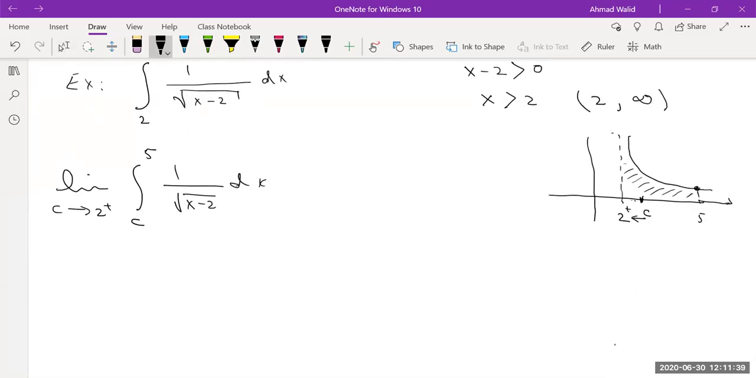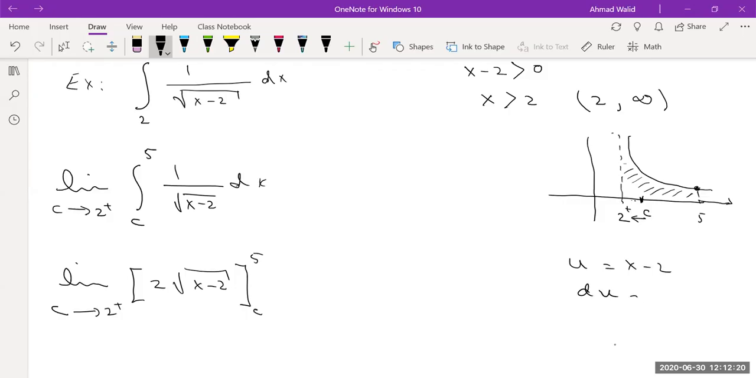Of course, you will use the substitution method here because you see the derivative of the inside is outside. I will not show the substitution again. You can practice that part at home. Now you can write this one as a limit. If you take this integral, it gives you 2 radical x minus 2 from c to 5, when c is approaching 2 from the right. Of course, you name u equals x minus 2, then du equals,